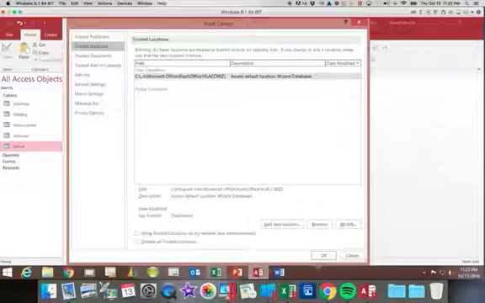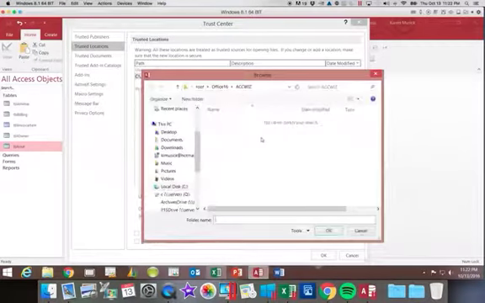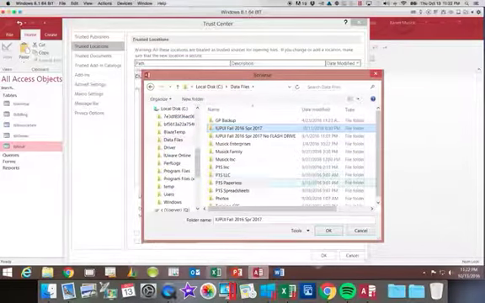Notice here we have one path that it has specified as trusted. If we want to add new ones, we could simply click here, put in the path. So I could browse and say in my C colon under my IUPUI